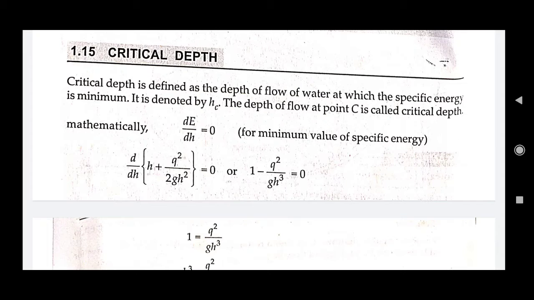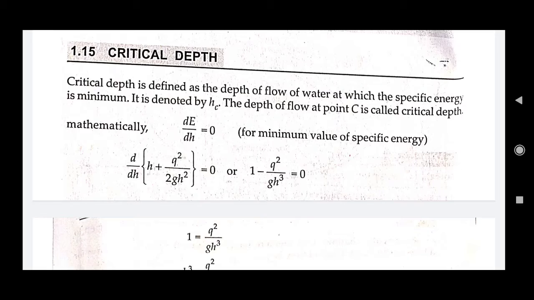Hello students, in the last class we had discussed the specific energy and the specific energy curve. Now we discuss another topic related to the specific energy curve, that is finding out the critical depth. So how do we find out the critical depth? As you have seen, there exists a certain point where the specific energy becomes minimum. The point where the specific energy is minimum is denoted by Hc, that is the depth of flow at which